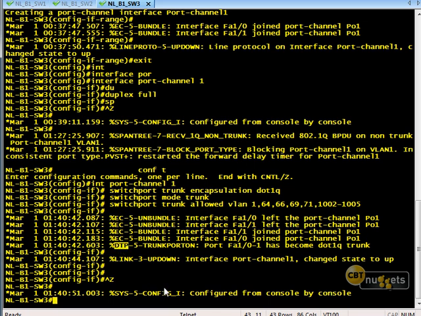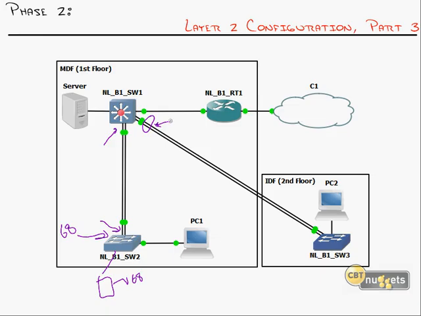DTP is the Dynamic Trunking Protocol. Also a good intention, bad idea by Cisco to negotiate trunks with the other side. Two issues with DTP. One is that's what leads to a lot of security vulnerabilities, and let me just talk about how this happens. Default mode for most switches is the port is in dynamic desirable. Now, in tech terms, what that means is the port is actively trying to negotiate a trunk with the other